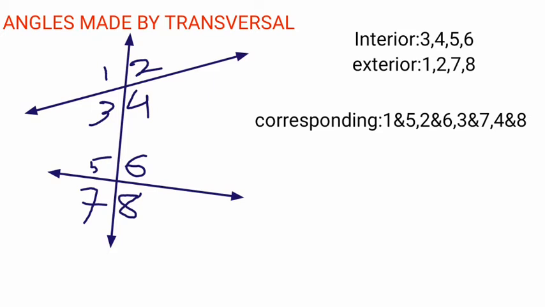To know it better, look at the diagram. The corresponding angle of angle 1 is angle 5. Here we omit its lower angle, angle 3. The corresponding angle of angle 2 is angle 6. Here we are omitting angle 4, which is on the lower side of angle 2. Similarly, the corresponding angle of angle 3 is angle 7. Here we are omitting one angle which is in between them. The corresponding angle of angle 4 is angle 8. Here also we are omitting angle 6. To know it better, look at this diagram.